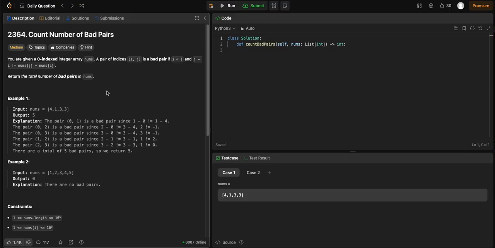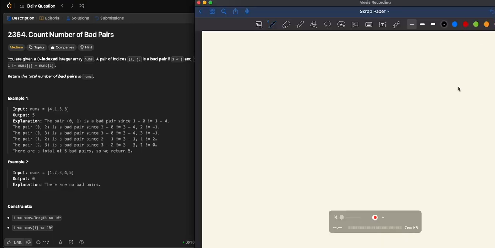I couldn't really see the solution straight away, so maybe we can get drawing and see if we can think of anything. To optimize the n squared brute force solution, one way is to make a quick check for each index, where we basically slowly build up from the left. That's one idea I thought of. The other thing is maybe